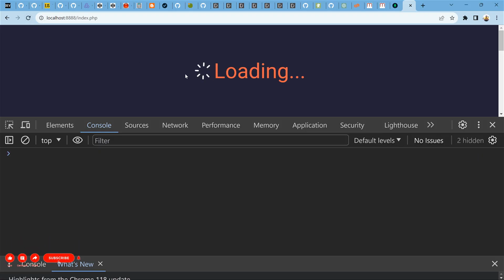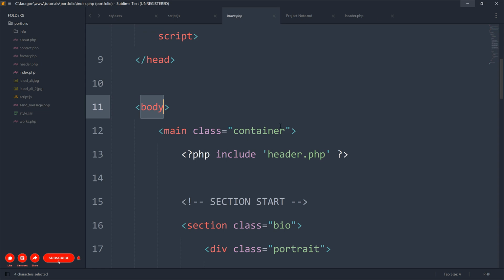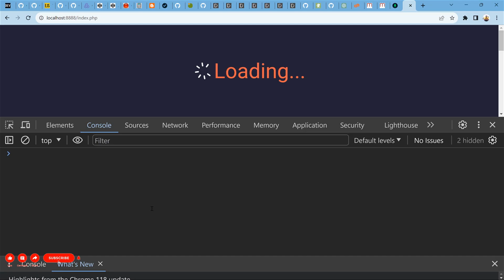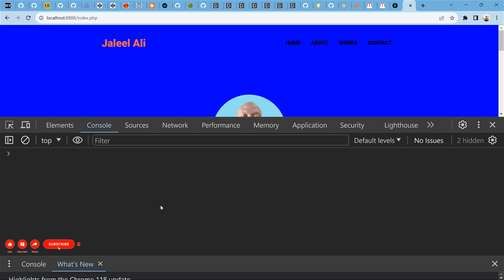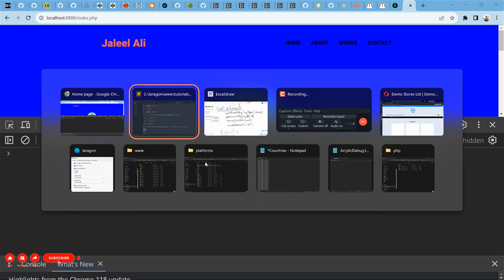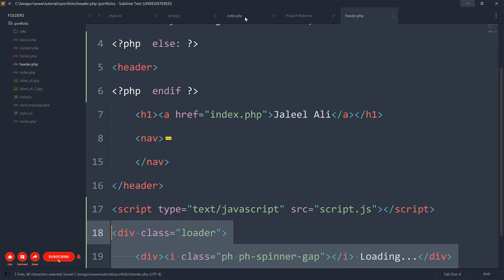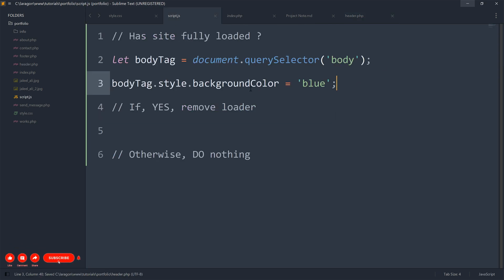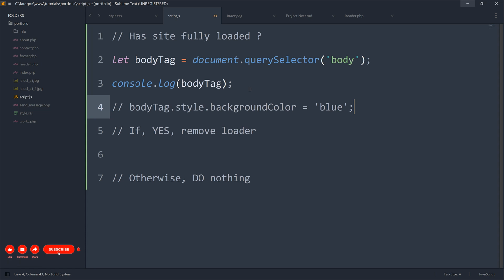Of course, we won't see because of our loader. The page is hidden. So let me just disable our loader temporarily and see what we have. Great. So you see, this is a good sign of what we said earlier, which is to use JavaScript to also manipulate CSS. So from JavaScript, we're able to insert CSS on our HTML tags or apply CSS styles on our HTML tag. So this is another beautiful thing. So I'll keep that too as a comment. Let me do this and do this, I'll comment it out,